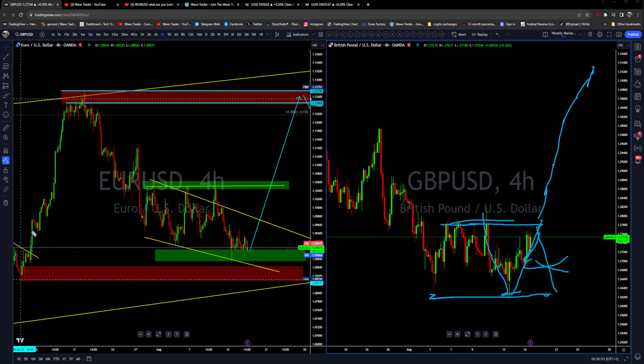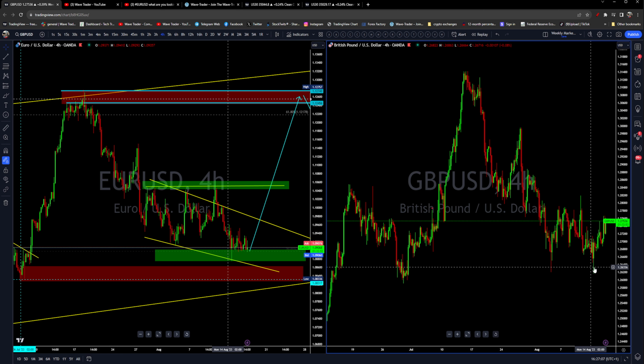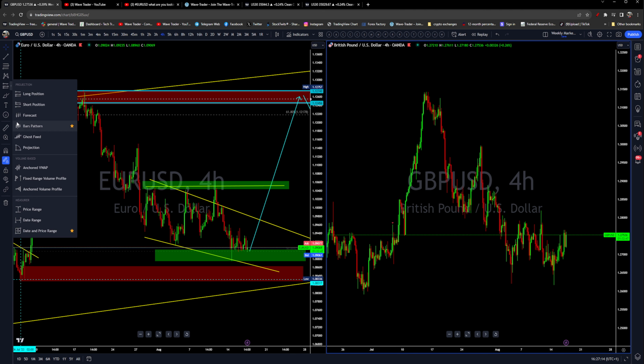The trade you are looking for is this move, to go higher all the way back to that top, and in the best case scenario continue pushing higher. All right, so hope that makes sense, and hope you got the idea of where the trade is right now. So the trade is just simply setting up on the euro, and it is very much similar to the move which we are having on